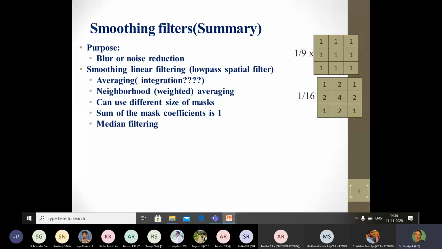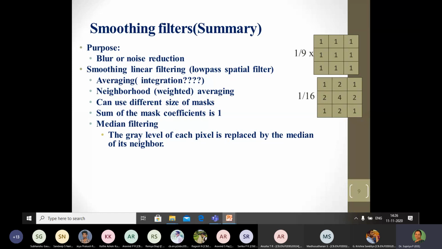The second category of filter which we had considered in smoothing filters was the median filter, which is actually a nonlinear filter. As was seen here, the gray level of each pixel is replaced by the median of its neighbors. Here also it is working on a median, which is a different process, but other than that, it still involves neighborhood pixels. And we had seen that we could also have a cross shape where it is only N4. Cross shape could also be called an N4 type of relationship.